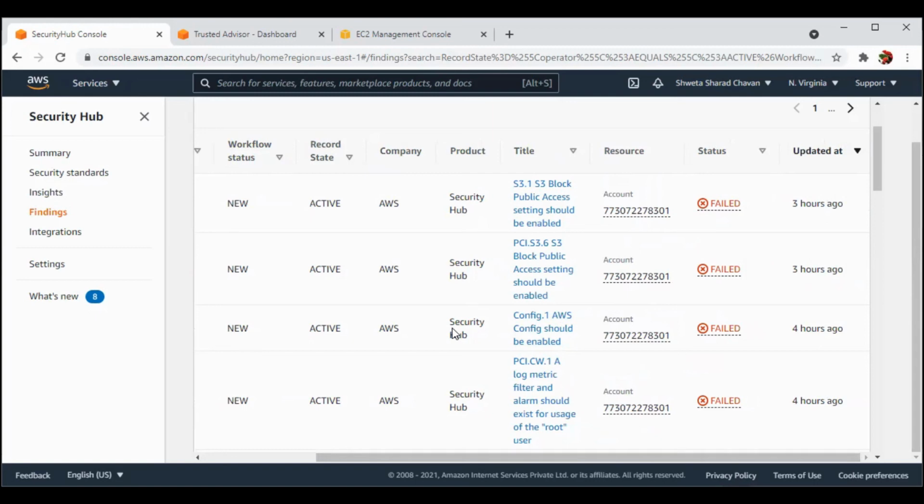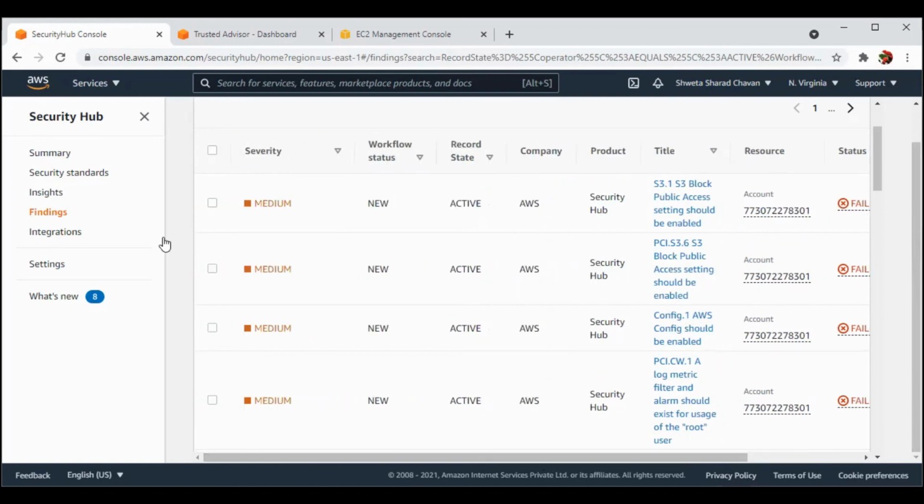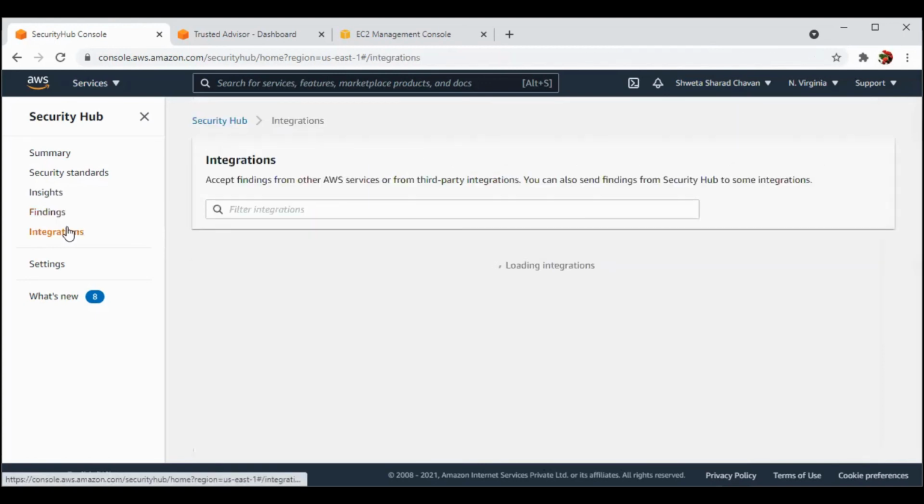Here you can see the title for the findings. This one says AWS Config should be enabled. The status is showing failed. This is how it's being updated, and if it is updated, it will show the timings too. Here are the integrations in Security Hub. We can integrate with different things.